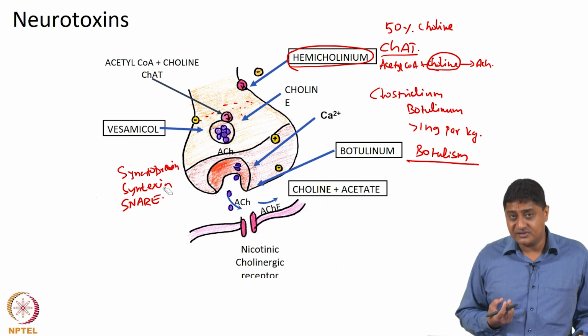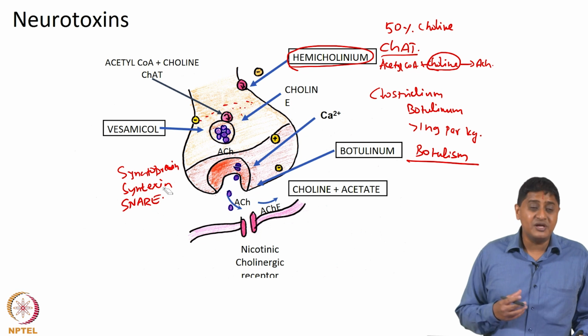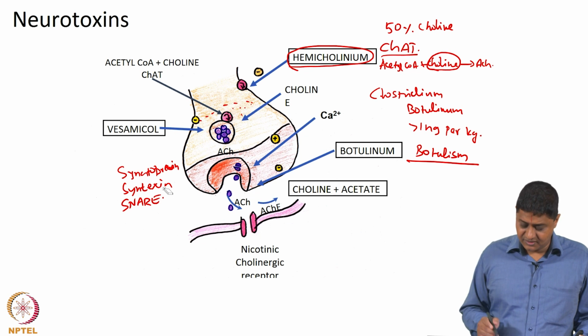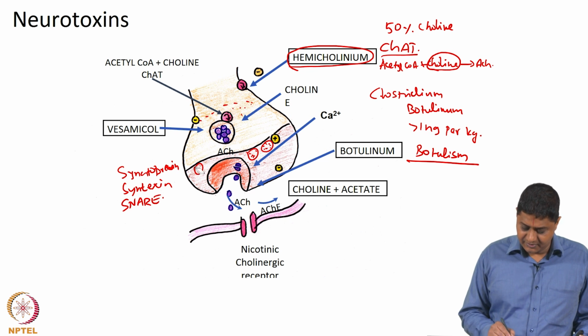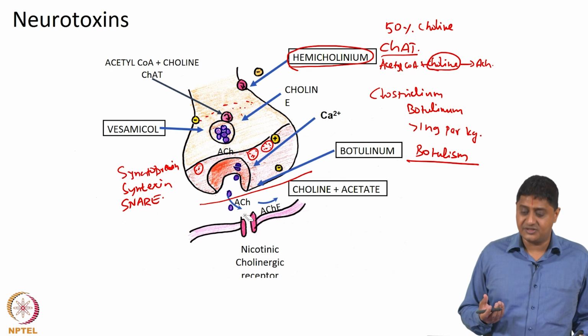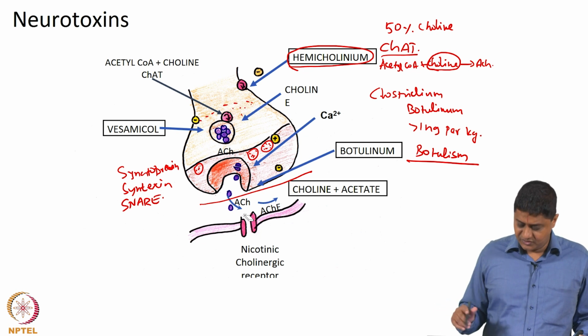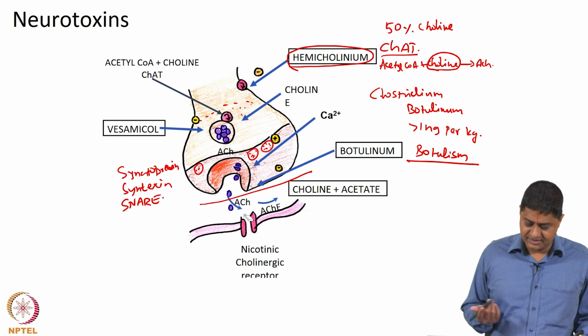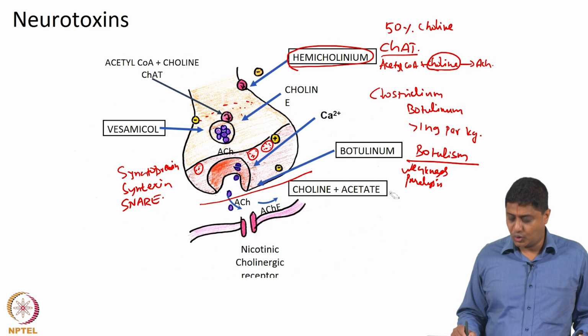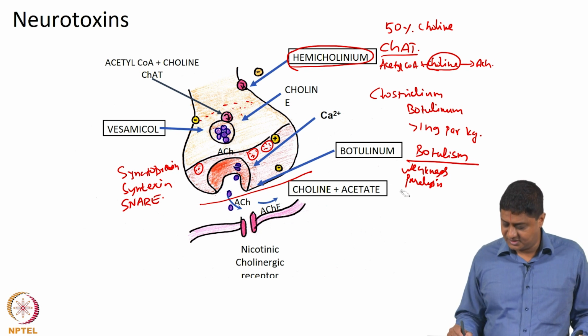So, vesicles will be present, they will have acetylcholine, but they will not be able to fuse and release acetylcholine into the synaptic cleft, essentially leading to a situation where all the acetylcholine is present in the presynaptic terminal, and no acetylcholine is released in the synaptic cleft. So, the receptor is not able to sense the presence of acetylcholine and let in sodium, so that force can be produced. Essentially, this leads to weakness or paralysis. In many cases, this leads to total blockade, and in some cases it also leads to death,